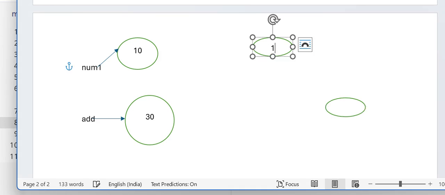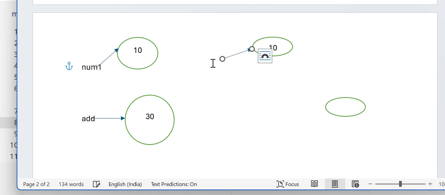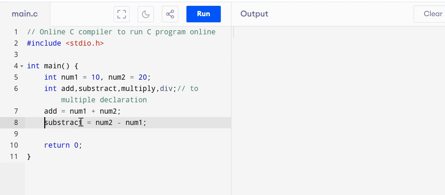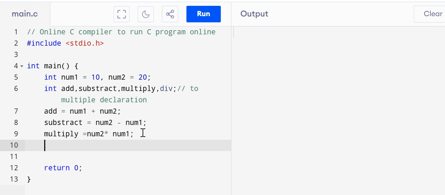Okay, and same like that, subtract and then multiply. Multiply is equal to number 2 cross number 1, okay, and same division,